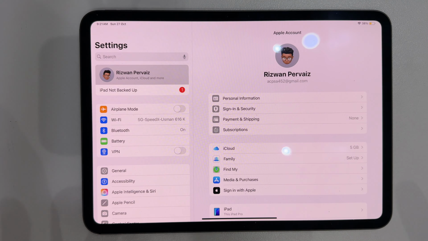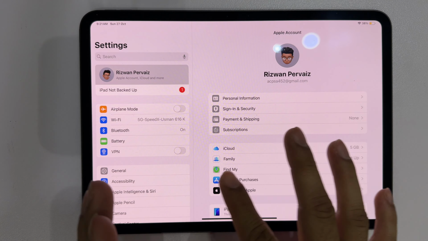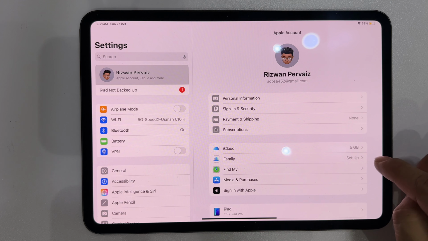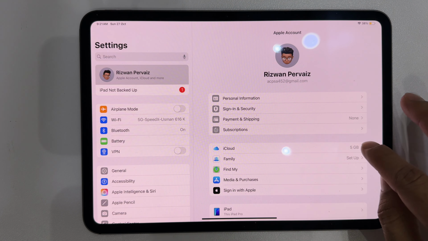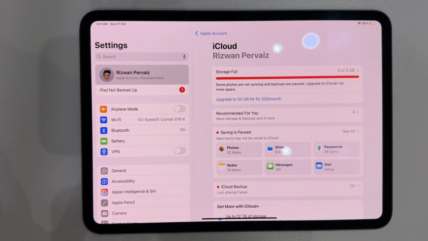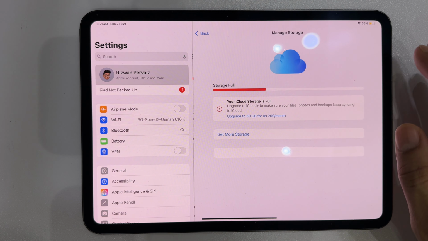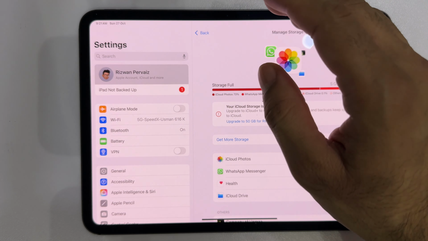Then we have the iCloud settings. If you see on this screen, it says iCloud, and it already tells you that you have a 5 GB plan, which is a default plan, by the way. Simply click on this. The first thing you will see is this horror of a red bar, which says you have consumed your full iCloud storage, but you can upgrade to 50 GB for just 200 rupees,